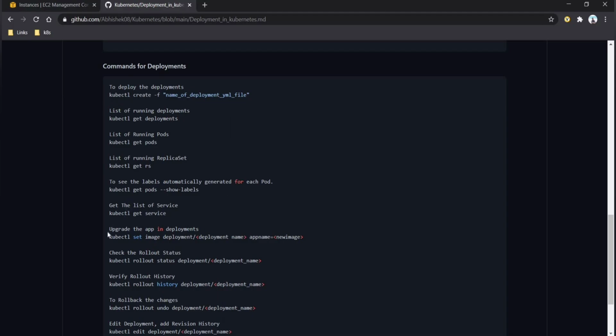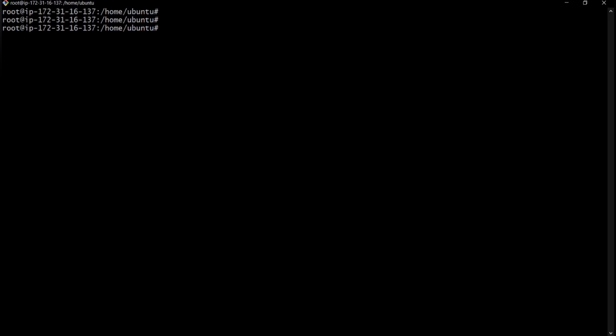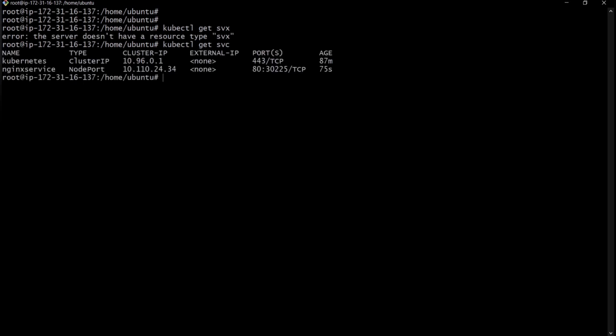The next command is get service. If you want to see the list of services, kubectl get svc. With the help of this command we can see the list of services, and we have the one service we created, called Nginx service, type is NodePort, and the cluster IP is this one. Okay,